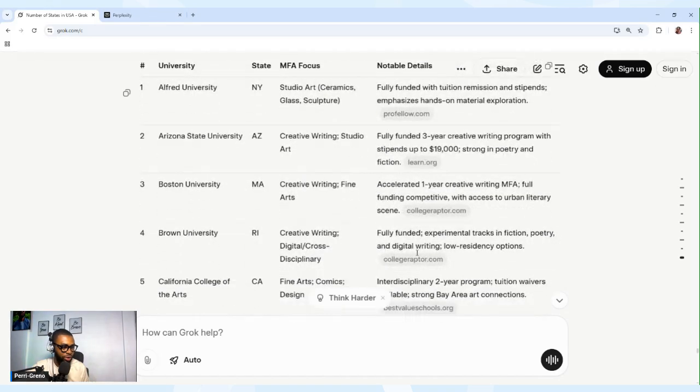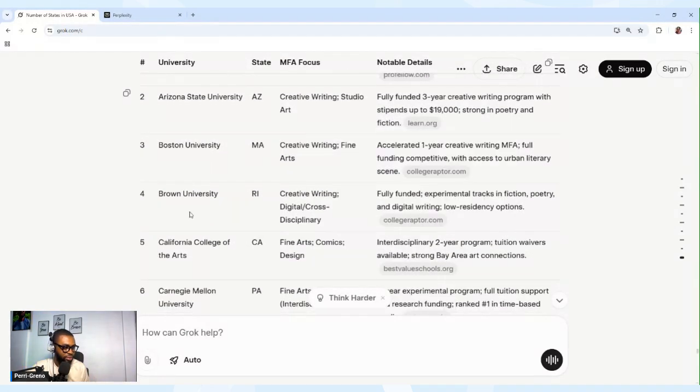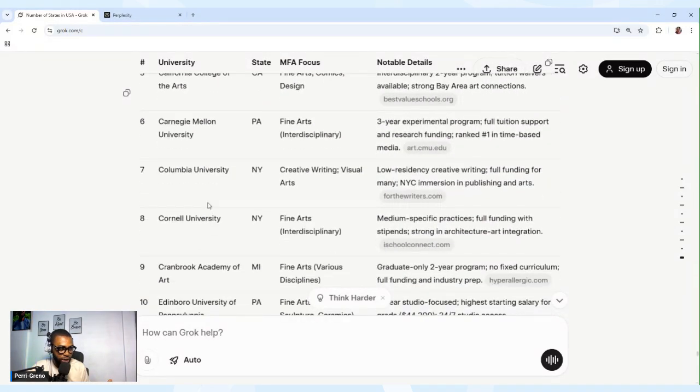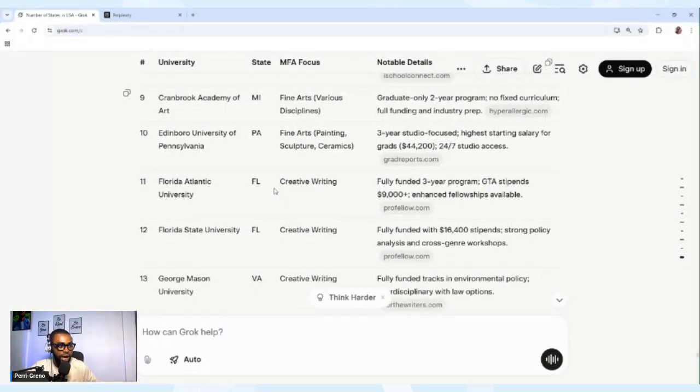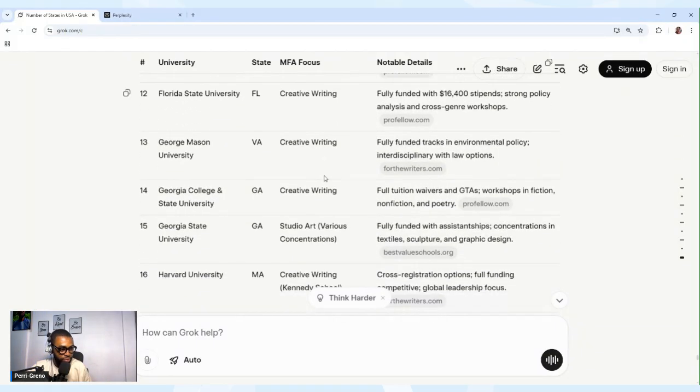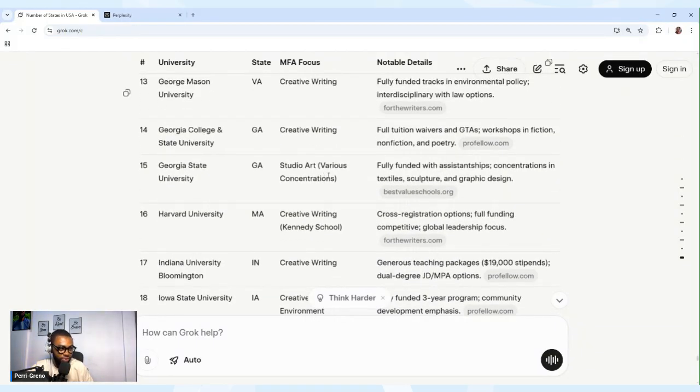So let's go down a bit. Columbia University on number 7. Okay, so these are the schools. Now we can also narrow it, and then we ask AI if there are funding opportunities in any of these schools. So number 15, Georgia State University with studio art, fully funded with assistantship.